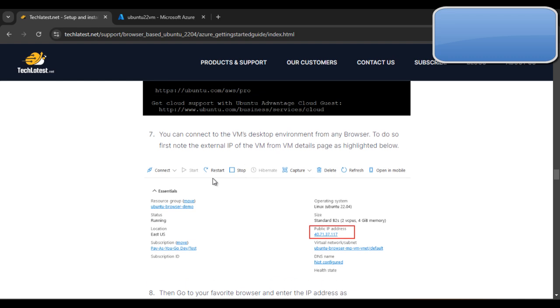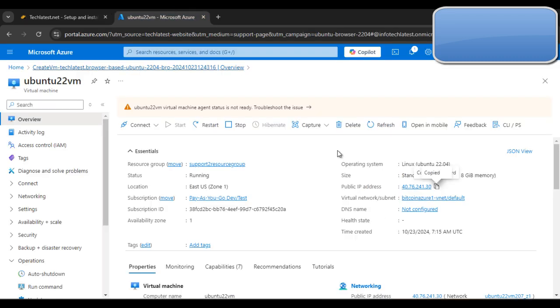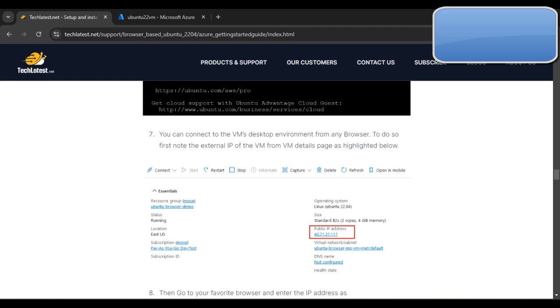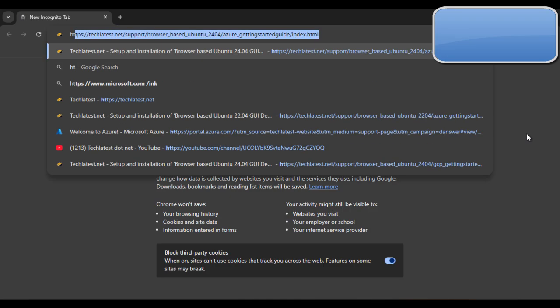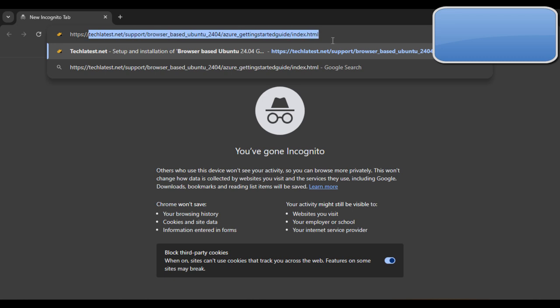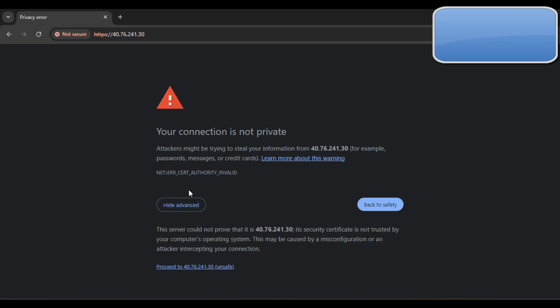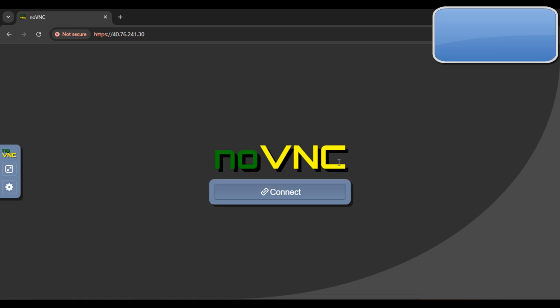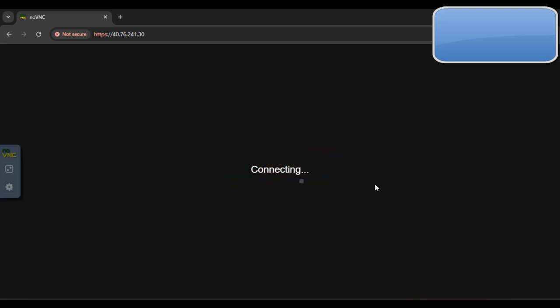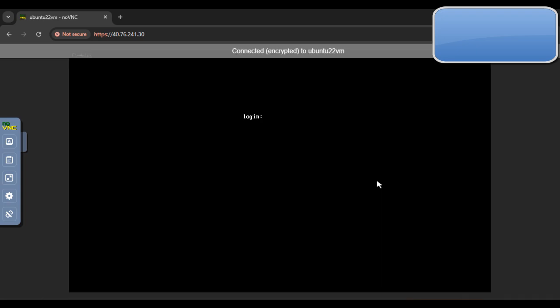You can connect to a VM desktop environment from any browser. To do so, first note the external IP of the VM from the VM details page as highlighted below. Copy the public IP address, then open a new tab, type HTTPS here and paste the public IP address. You can see that your connection is not private, so you can accept this SSL warning and proceed to this IP address. So you can see that we have successfully logged in to noVNC, or you can say we have connected to our VM. Okay, so if you click on connect, then login as Ubuntu